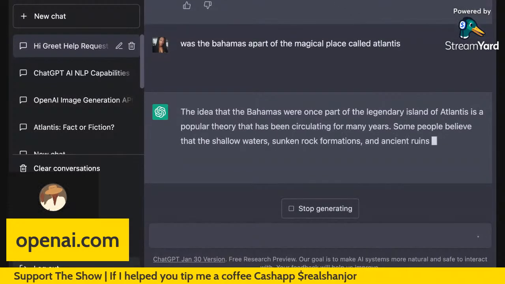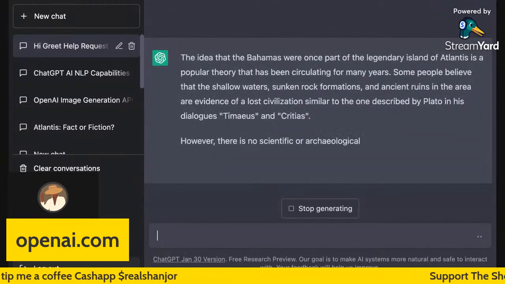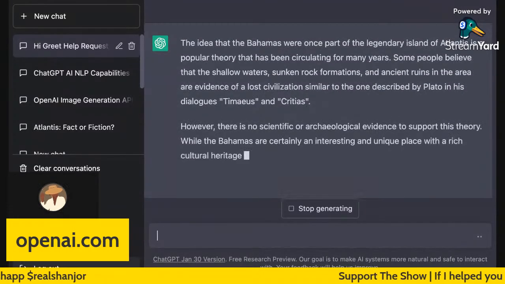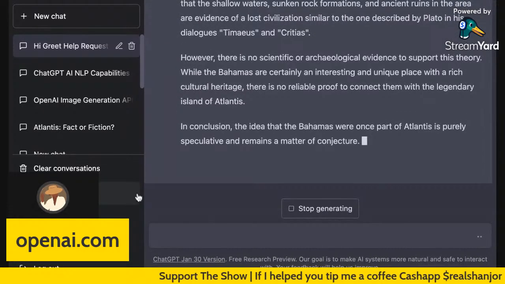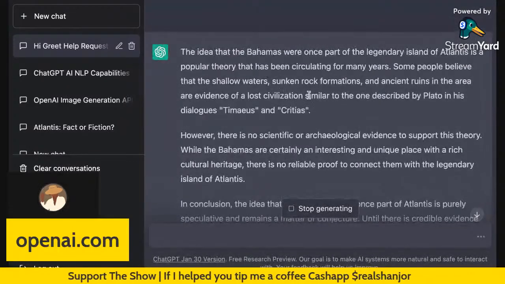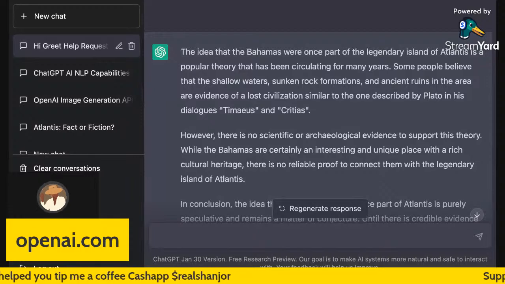Oh, look at that. The idea that the Bahamas was once a part of the legendary island of Atlantis is a popular theory that has been circulating for many years. Some people believe that the shallow waters, sunken rock formations, and ancient ruins in the area are evidence of a lost civilization similar to the one described by Plato in his dialogues. Wow. So you see that?